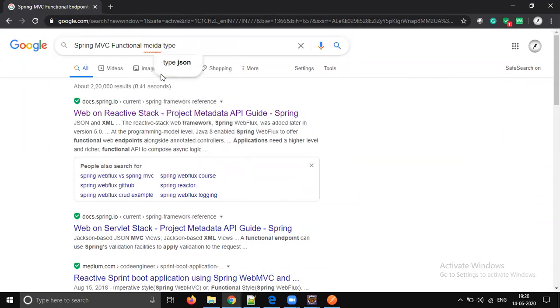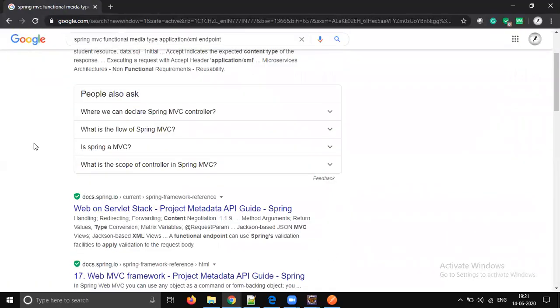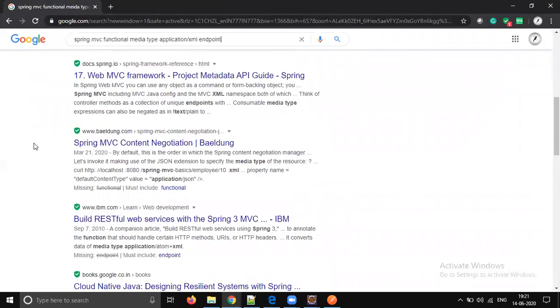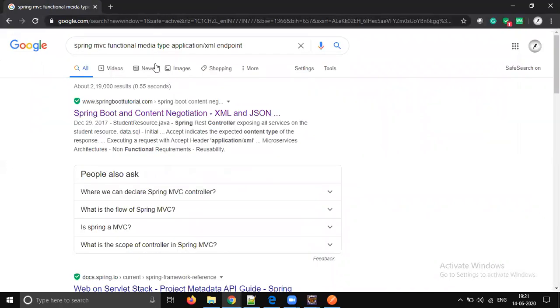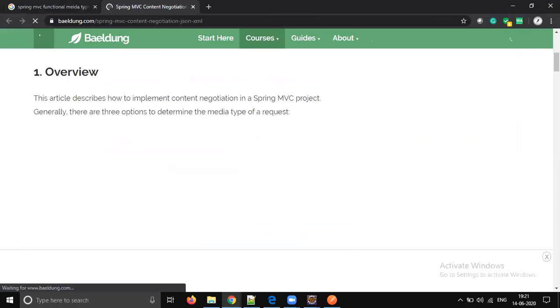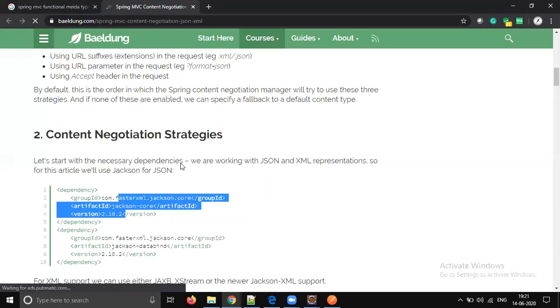Media type application XML. Okay, Jackson core. Why do we need to add this?